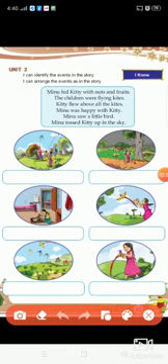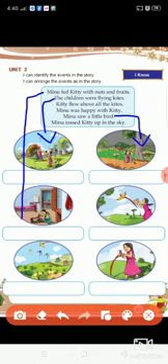What is the first picture about? We can see the children playing with kites. So, first one, the children are playing with kites. What about the second picture? Yes, Minu saw a little bird. So, we have to write, Minu saw a little bird. What about the third picture? Minu fed Kitty with nuts and fruits.